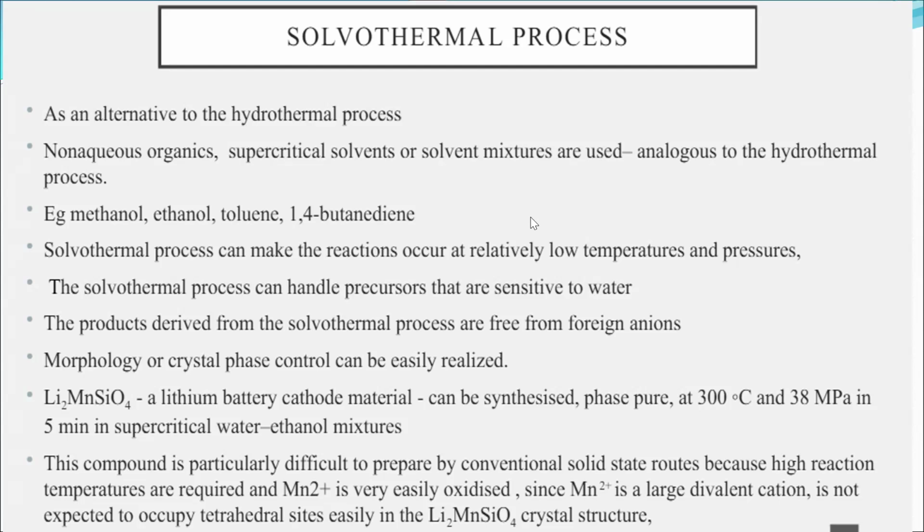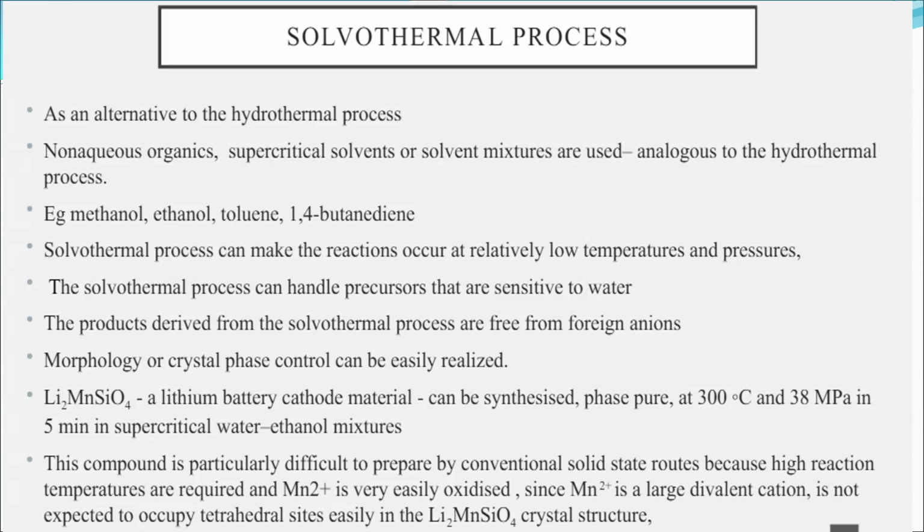The solvothermal process can make reactions occur at relatively low temperatures and pressures. It can handle precursors that are sensitive to water. The products derived from the solvothermal process are free from foreign anions, and morphology or crystal phase control can be